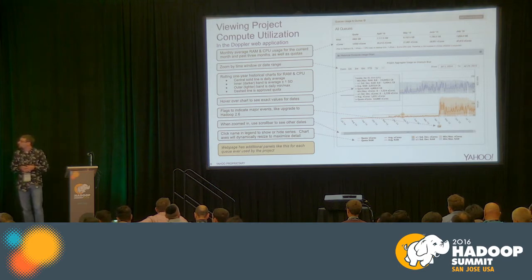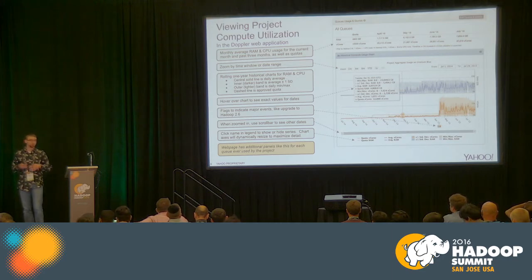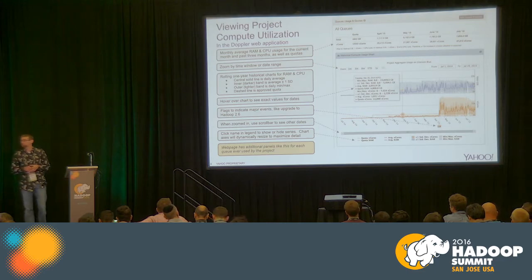There's a dashed orange line that shows their current quota, so we can see on a day-by-day basis when the project was above or below their quota. And all this is intended to be actionable. Right there in the same app where you go to see your usage, it's the same place where you'd go to start the process to get more quota, with that blue button up at the top of the panel. Now this panel is for the project's usage of an entire cluster, but we have a panel just like this for each queue they use, so you can see the same level of detail and take action in the same way to request a change in your queue quota.